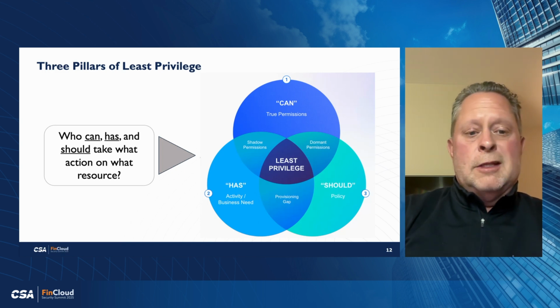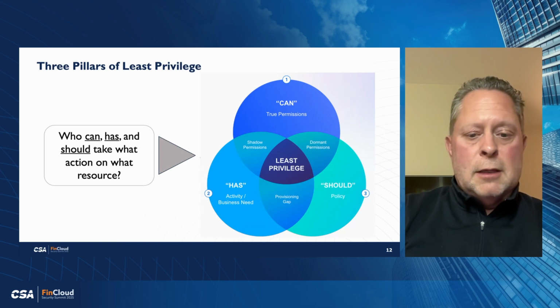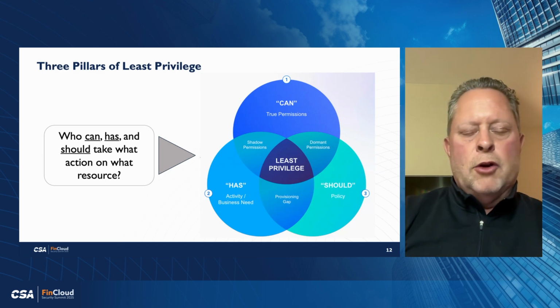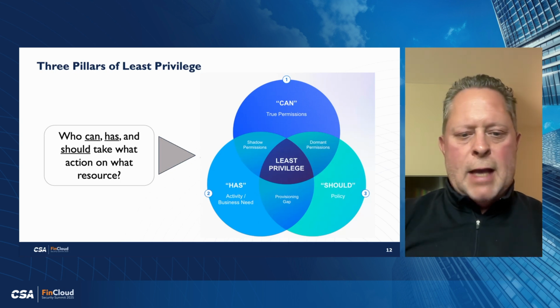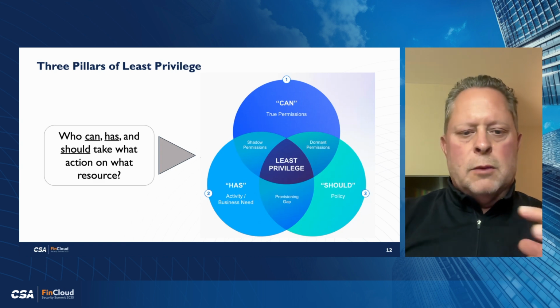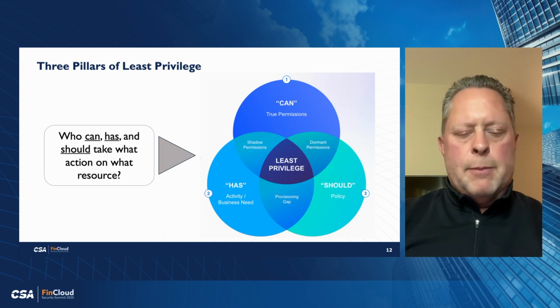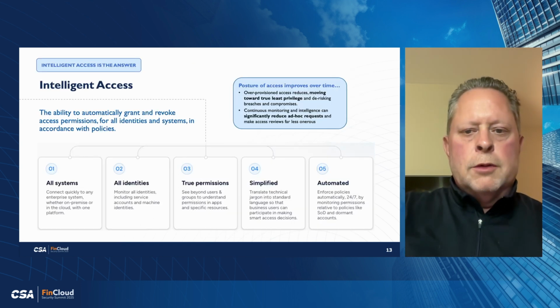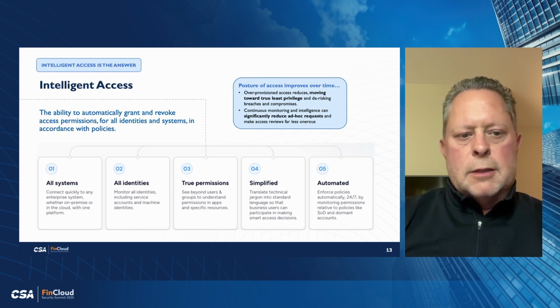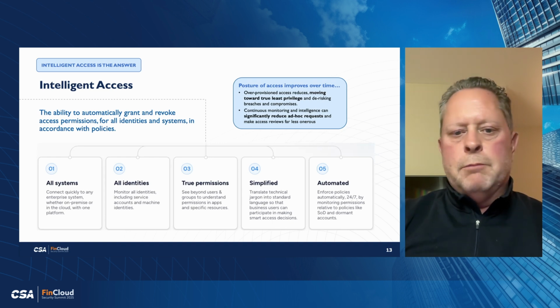Then the third part of least privilege is the access that I've actually taken. What have I taken? What has that person done in the past? That's basically almost behavioral. It's your activity. So all three of those things should be as consistent as possible. And with the necessary data and the structures of the access path I mentioned, we now have a foundational data model where we can look for anomalies, we can adjust, we can pivot, we can make proposals, we can intelligently make governance decisions to bring these three pillars together. The result, in our mind, is what we like to call intelligent access: the ability to automatically grant and revoke as close to real time as possible based on those three areas I mentioned: activity, business need, et cetera.